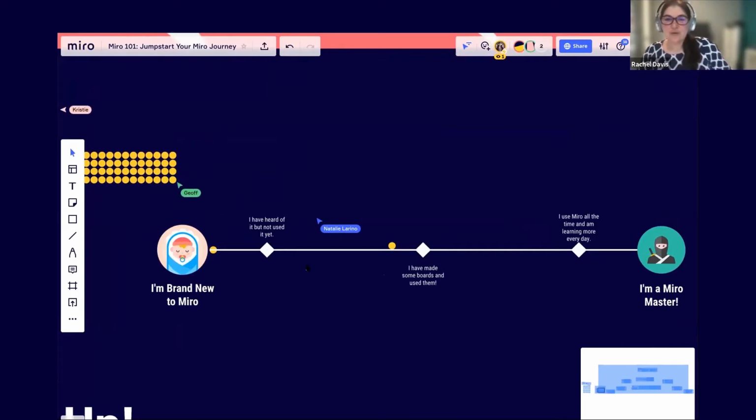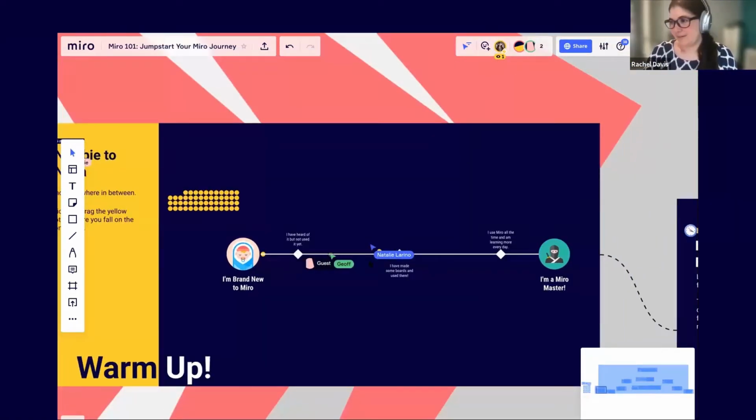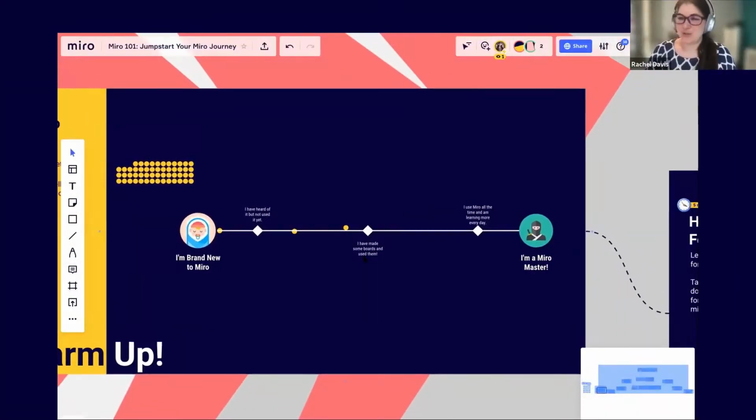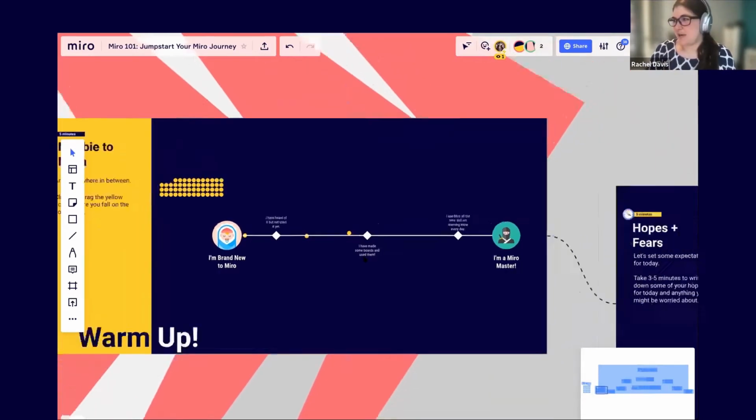We have a small group, so if I start talking about some of these features and you all know them already, speak up, pop in, and say, hey, can we move on to the next thing? Because I don't want to explain something that everyone in the room already knows. All right, and I'm going to hide the pointers on my screen for a second. It looks like we're mostly new to Miro, so that's good for this particular workshop.